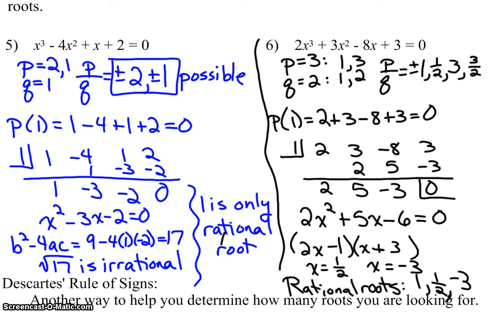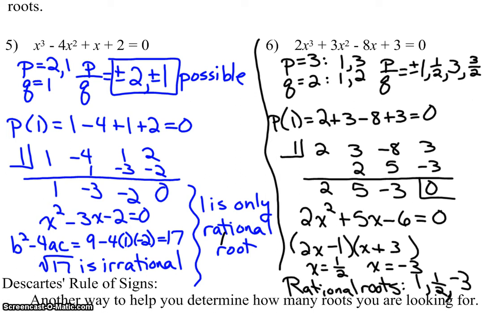Check your answers. On the first problem, the possible rational roots were plus or minus 2 and plus or minus 1. 1 worked out when I substituted into the polynomial function. My remaining factors were x squared minus 3x minus 2. I knew it didn't factor nicely, so I checked by doing the discriminant. The discriminant was 17, which meant that the square root of 17 is an irrational number,